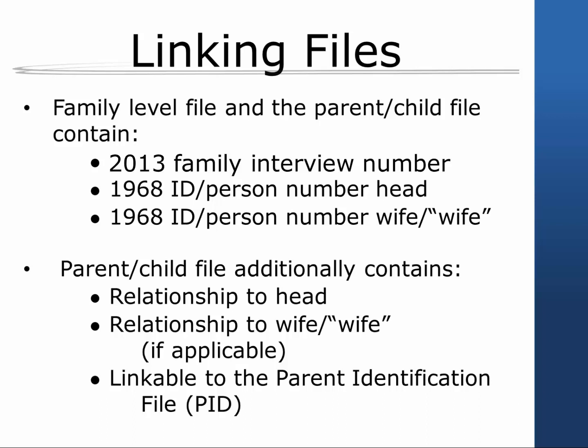Each parent unit and child is generated from the family level record. Thus, it is possible for the same child to appear twice on the file if their biologic or adopted parents are in different family units and if both are still in the PSID. It is also possible for the same parent unit to appear multiple times in the file, once for each of their adult children in the PSID.